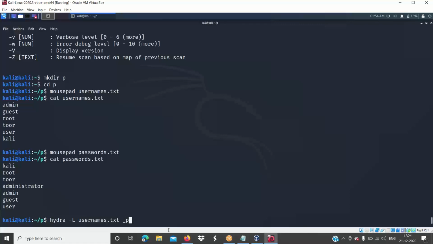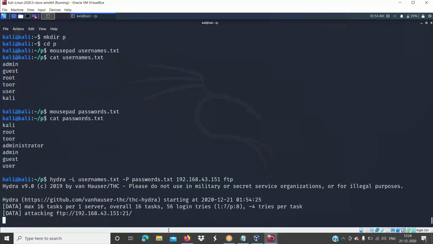Similar way, you can use capital P to crack the passwords, and you can give the password list. Then you can give the IP address where you want to perform this, and you can give the service.